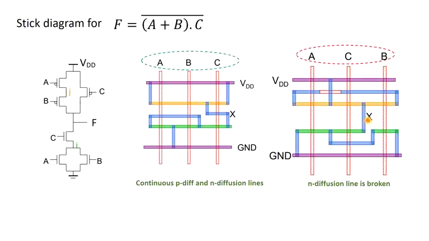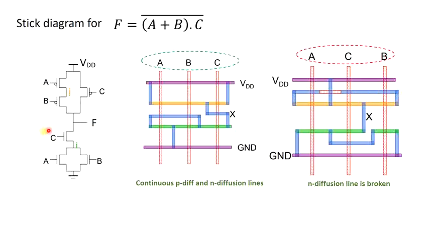Please remember, a small thing needs to be changed. This F represents the output and here it has been shown by X, so basically X and F are the same thing here. Now the other terminal of C, the drain terminal of C, should also be connected with this terminal of B, that is also fine. So the pull up network is fine.